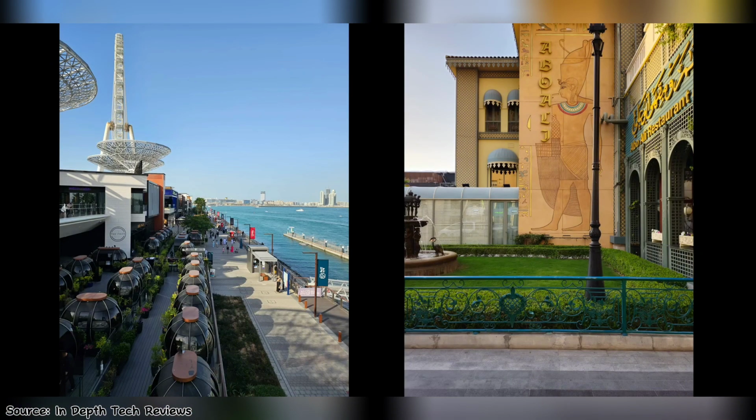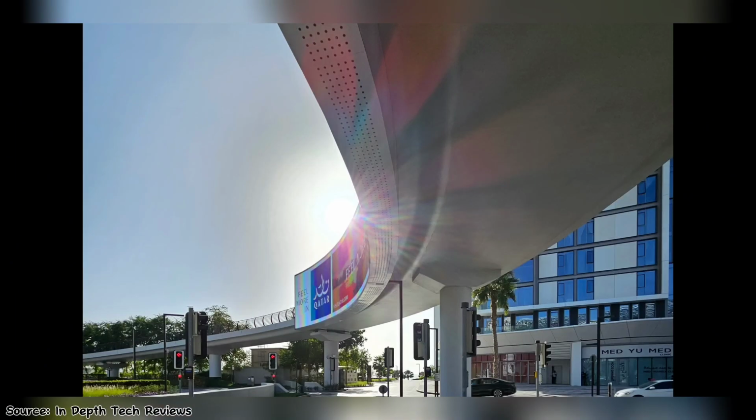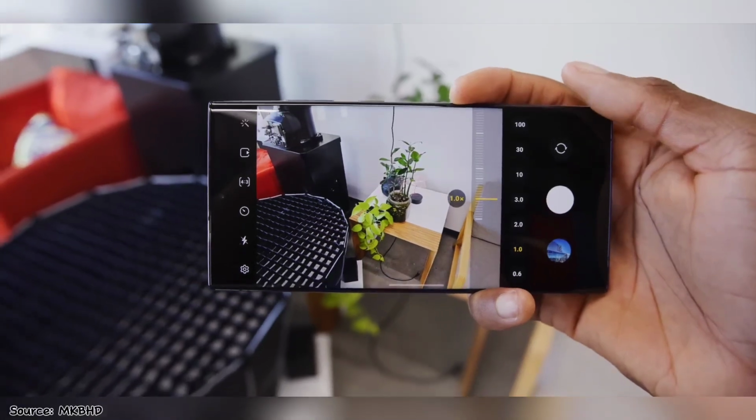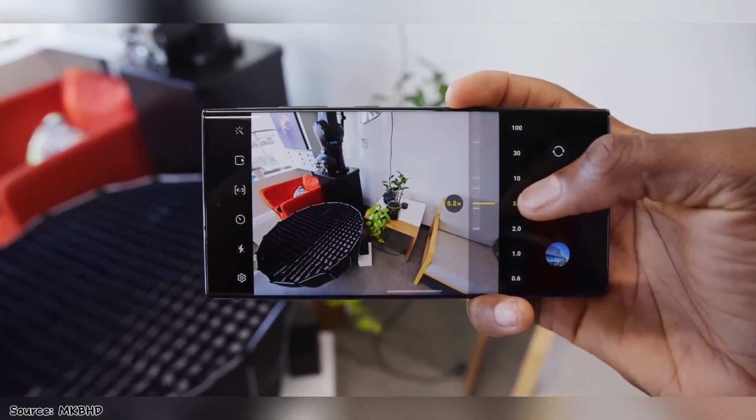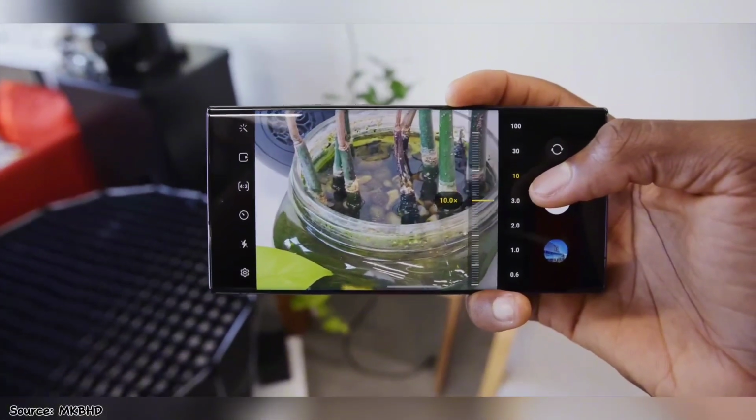Now whether it will be better is up to debate, because despite the increase in the number of megapixels, the range of optical zoom is lower. We'll have to wait and see. Moreover, the S24 Ultra is rumored to include hybrid zoom technology that allows users to seamlessly switch between 3x and